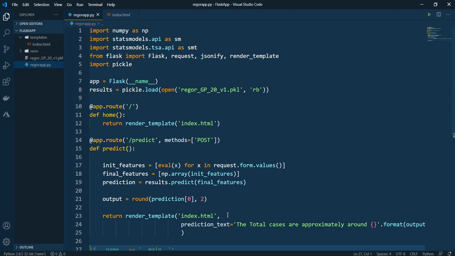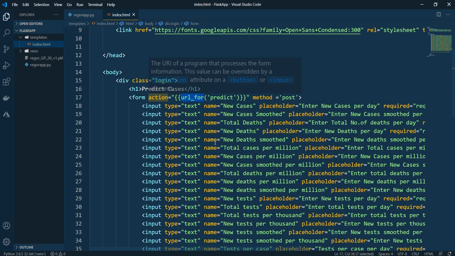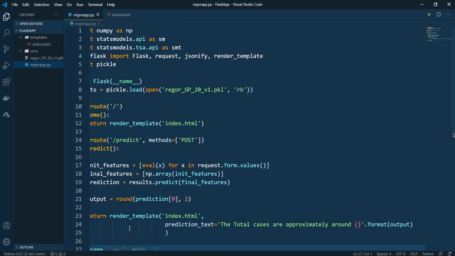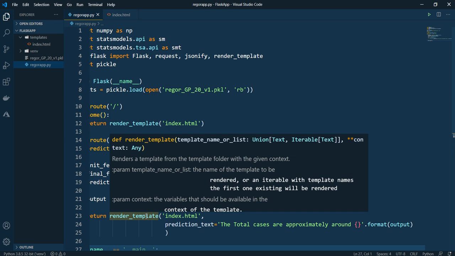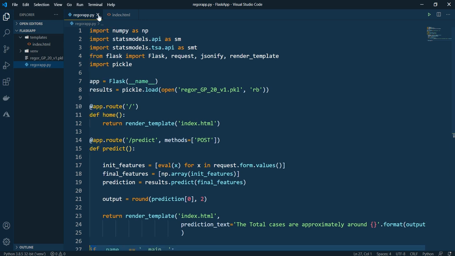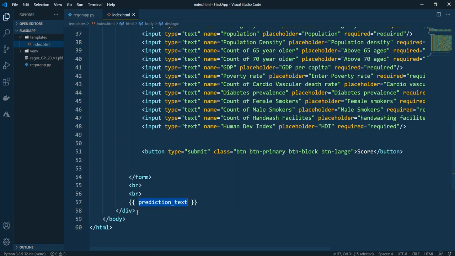It will do all the computations, and the result you get is displayed in this particular position. So prediction underscore test is nothing but the rendering after you hit the predict page. It will display the total number of cases, approximately around this. Since it is a replacement operator, it will change every time you change the predictor variables, and give you dynamic output every time. So this is how it is intended to work. Then I have finally closed the div tag, the body tag and the HTML tag.